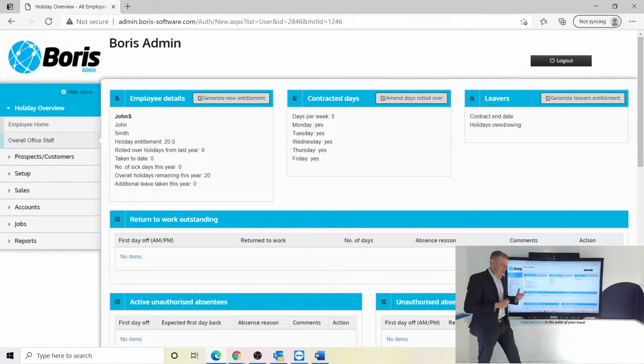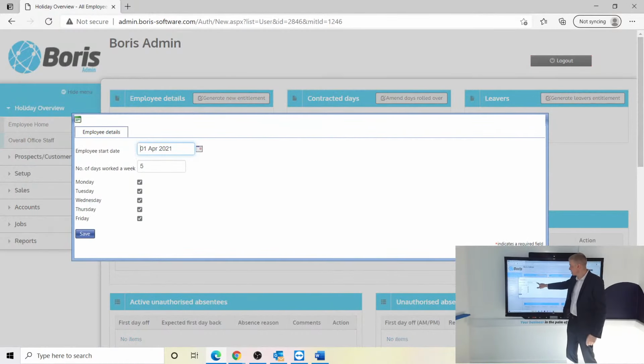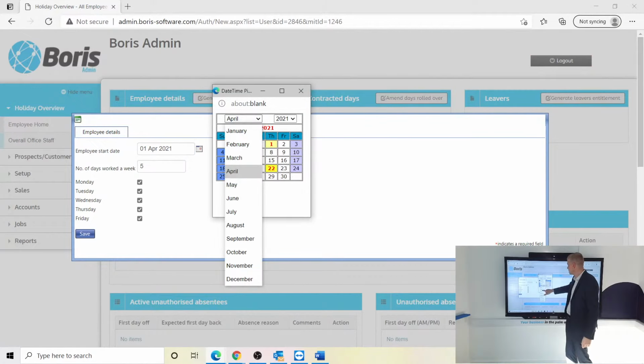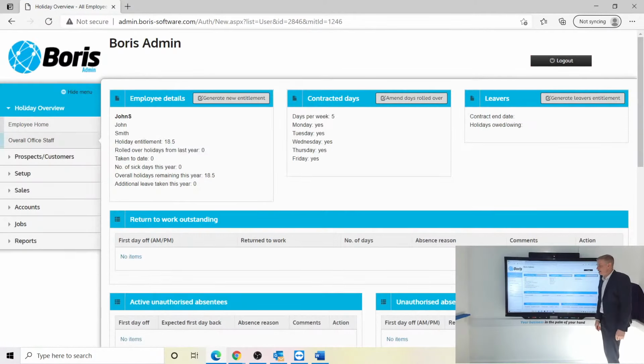Now, let me just say, perhaps what we've done is we've actually got that date wrong, and John Smith isn't going to start until the 1st of May. Our holiday entitlement runs from the 1st of April, but John Smith's starting on the 1st of May. So I'm going to change that date over now. I'm going to select May, and I'm going to say starting on the 1st of May. And what we'll see now is that the system has automatically calculated that for you and provided you with the information that that's now 18.5 days annual leave entitlement based on the 11 out of 12 months that John Smith